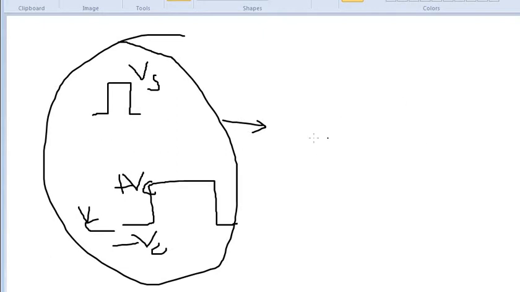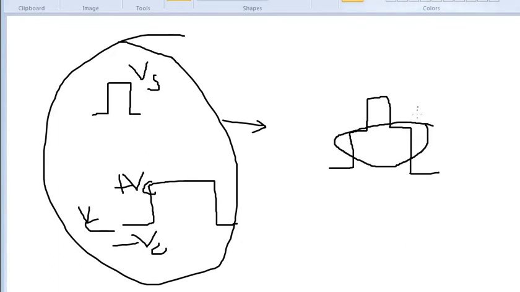What does pedestal mean? You have already seen so many statues, right? On that particular part a pillar will be there. So here whenever I give the positive pulses, if you already have a positive part, this positive part will sit upon your previous signal. This particular part is called your pedestal.